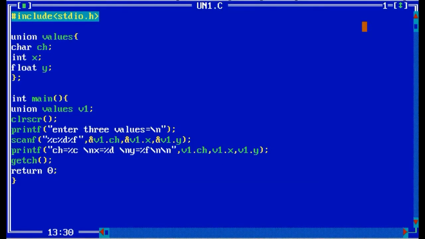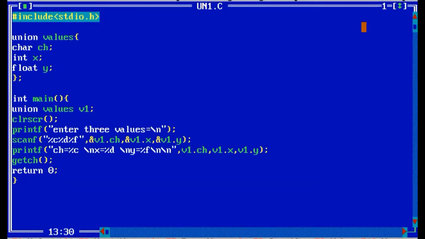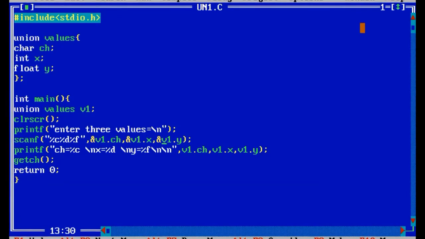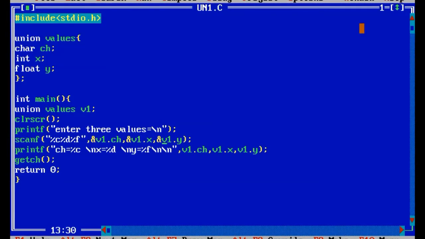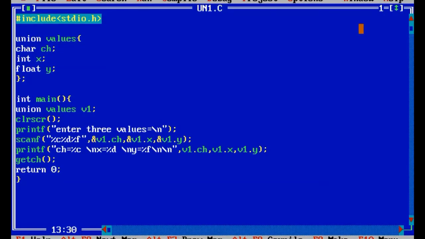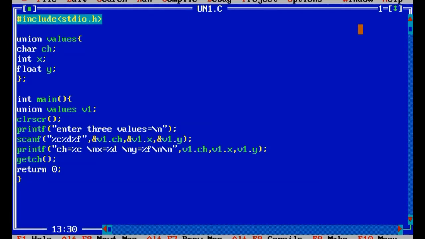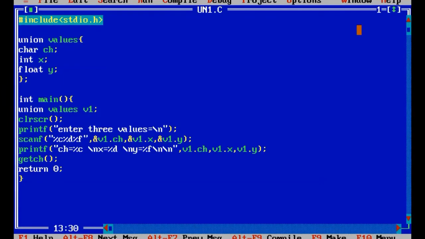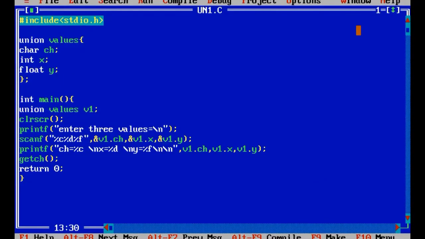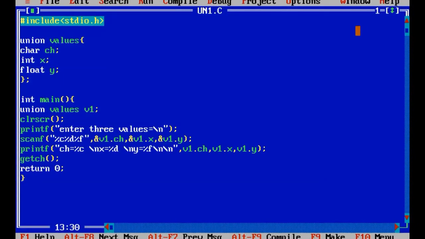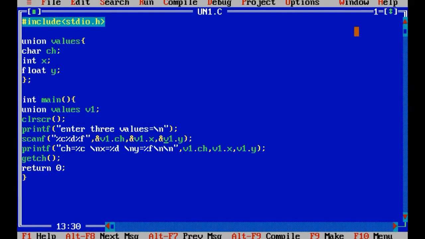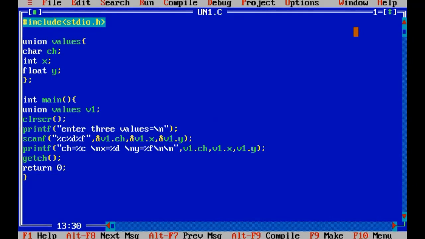When you enter ch, it happily takes that value and puts it in a single byte of the 4 bytes of memory. When you enter the x value, it overwrites the ch value in 2 bytes, because x is an integer type. When you enter the third value, y, it overwrites the value of x and occupies the 4 bytes. That means all the previous values you have entered are overwritten by the most recent value. That is the difference.